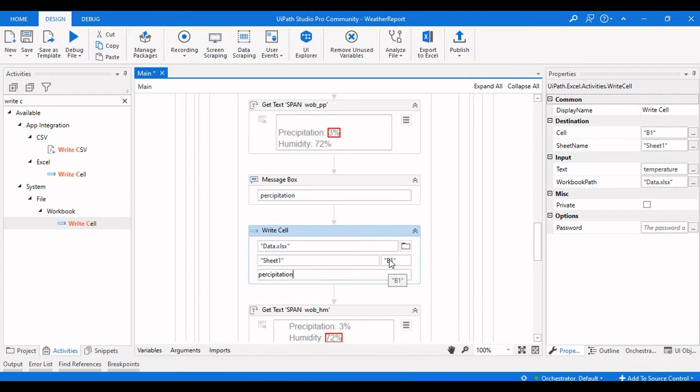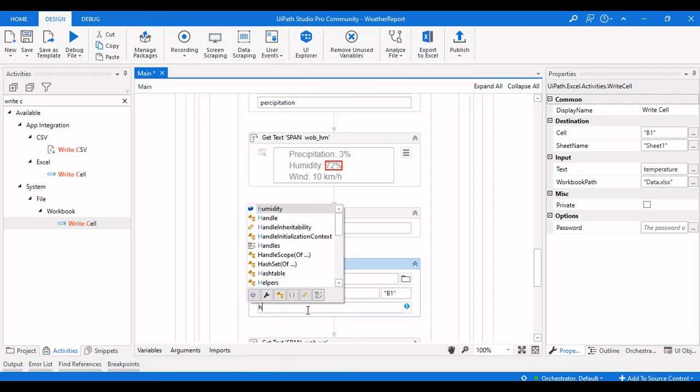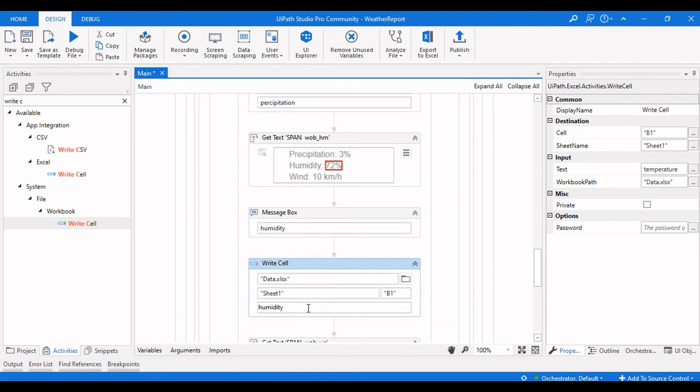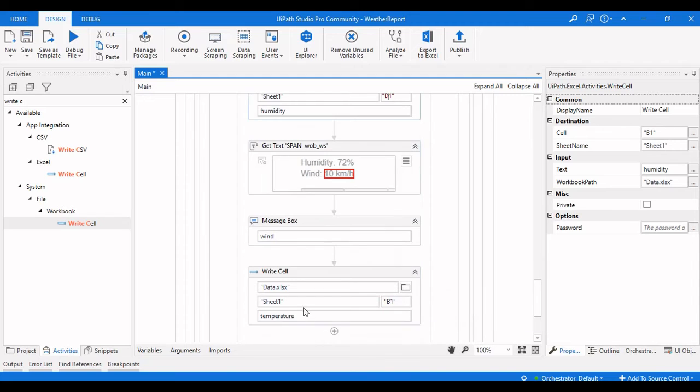So it will be on C1, and then it will be humidity, and the column value will be D, and lastly it is wind.